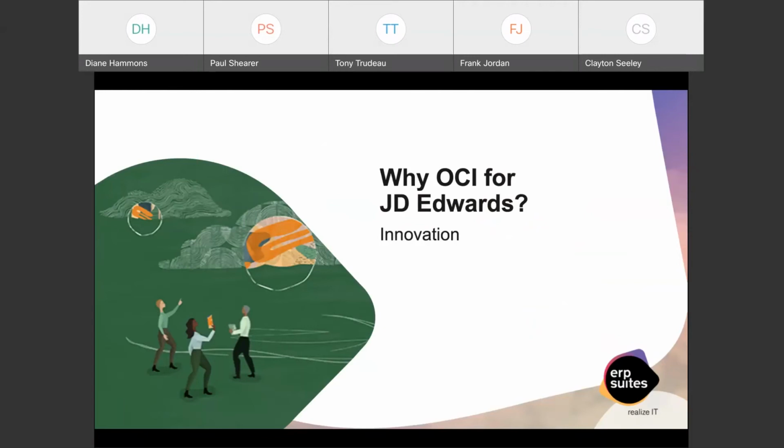And the idea of a modern application is the ability to dynamically scale up when you're at a really high usage point, scale down when the users aren't on the system doing stuff, and to be able to do that all dynamically without having to take an outage on the application to make the change. Clayton, can you tell us a little bit about these innovations from Oracle, as well as some other things like